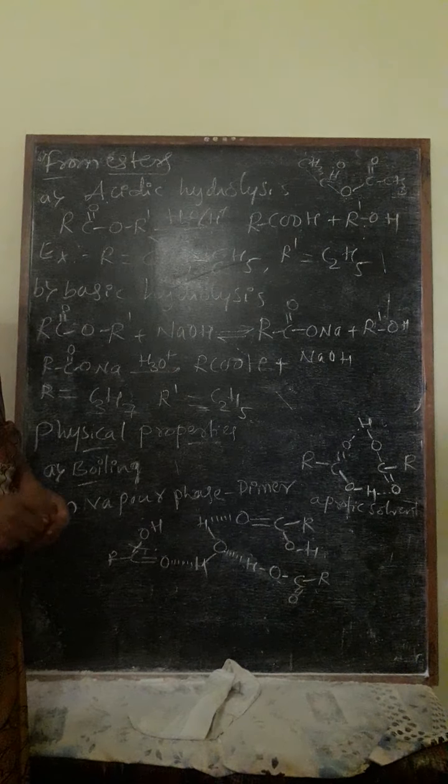carboxylic acids, they react with alcohols, or are heated with alcohols in presence of acid as catalyst, and esters are formed. Or upon hydrolysis of esters definitely they give carboxylic acids in presence of acid. Acidic hydrolysis, product is directly carboxylic acid and alcohols. So instead of this R and R dash, we have to take our different groups and complete the examples.